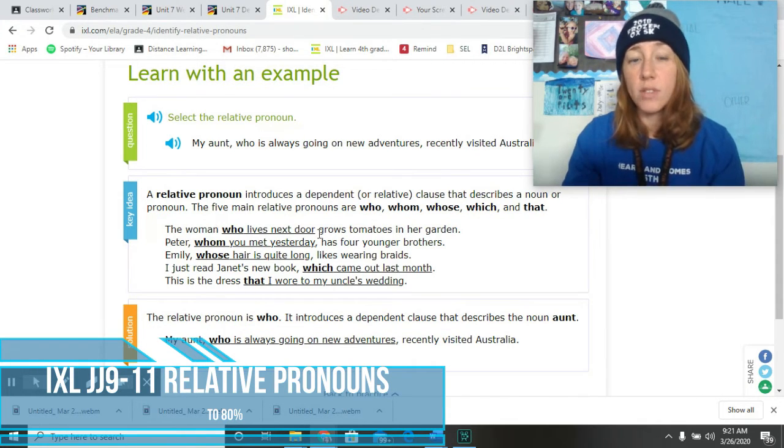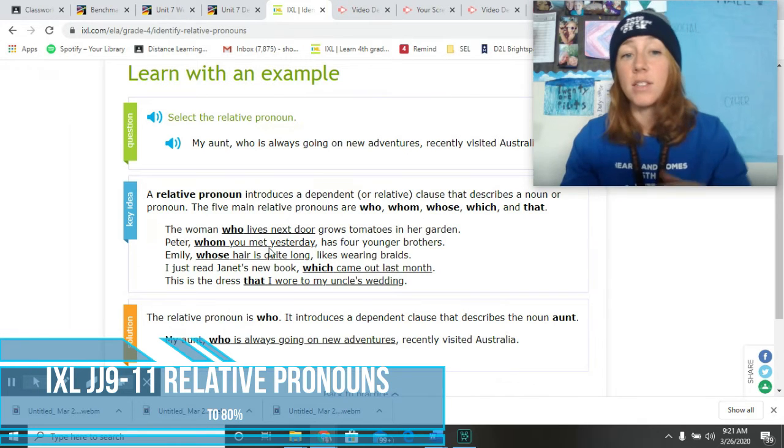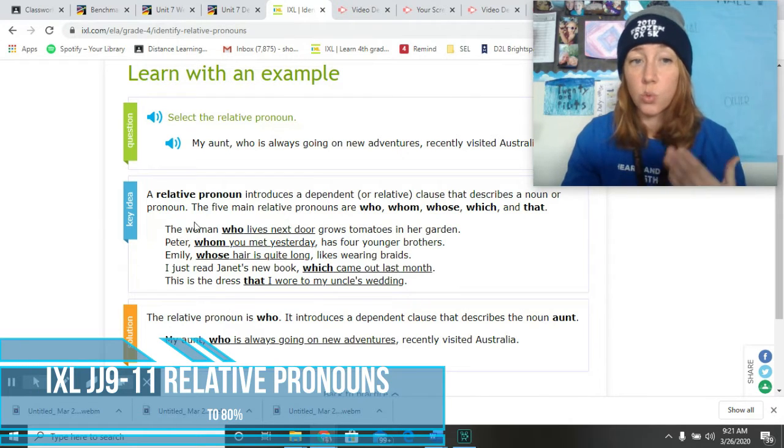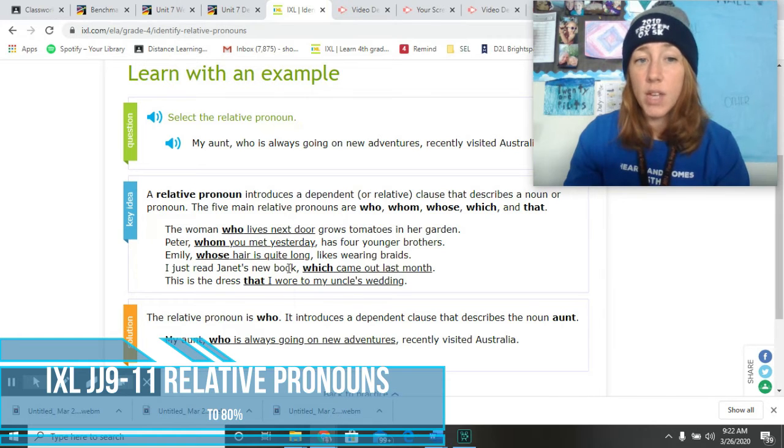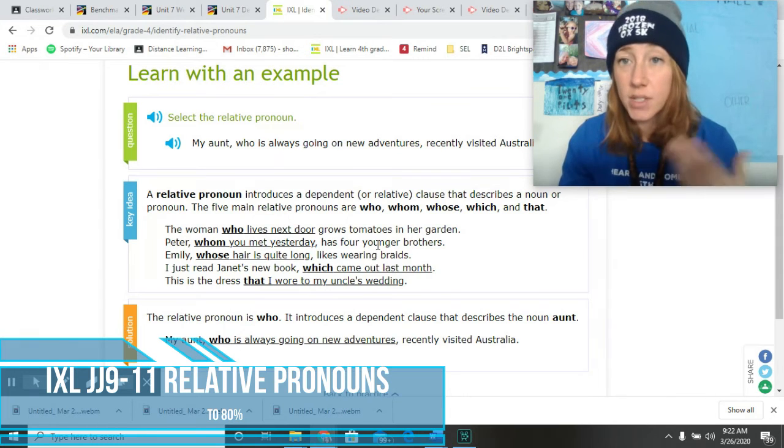So the woman who lives next door grows tomatoes in her garden. Like I could take out who lives next door and it still makes sense. The woman grows tomatoes in her garden. So who lives next door is a dependent clause. Peter, whom you met yesterday, has 4 younger brothers. I could just say Peter has 4 younger brothers. But I'm giving you more details by saying whom. Emily, whose hair is quite long, likes wearing braids. Okay, I could just say Emily likes wearing braids, but I'm giving you more detail by saying whose hair is